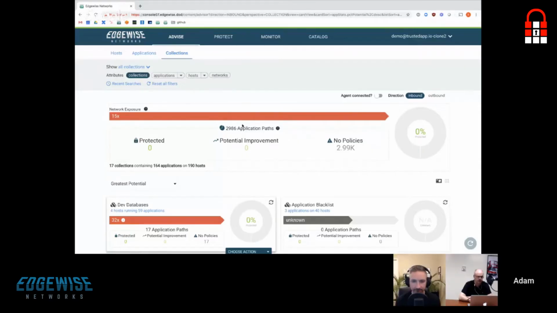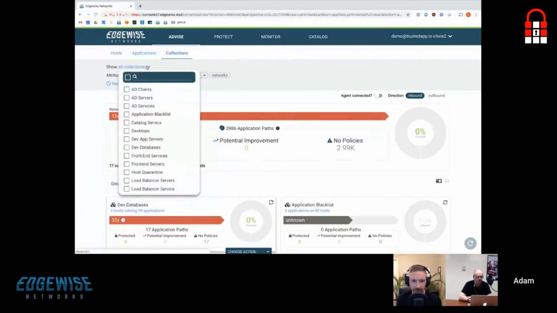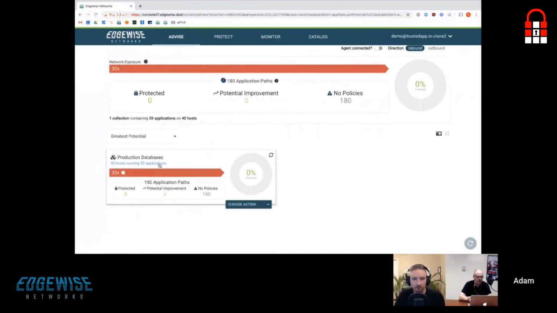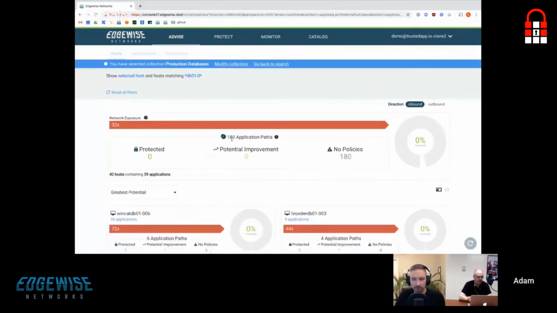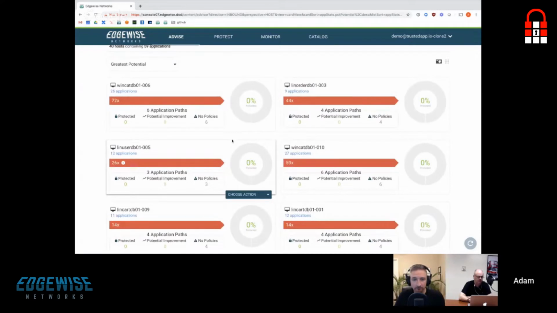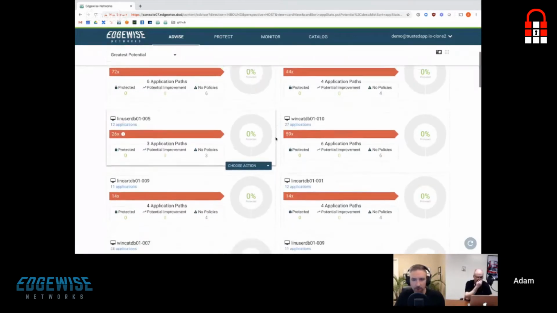So once we have that data, we then use machine learning to group it together based on how those individual pieces of software are communicating. If we start from, say, our database services for our production environment, we're going to start with the production databases. This is my host collection that we talked about, that host segment. We come in here and look at how this is defined. We'll see that it's every host in the environment that is running a database. And for us, the naming convention is that we have DB in the name. So I can understand that these are all my database servers.